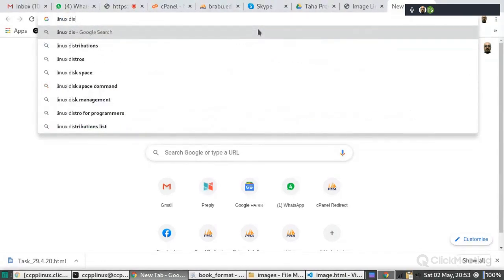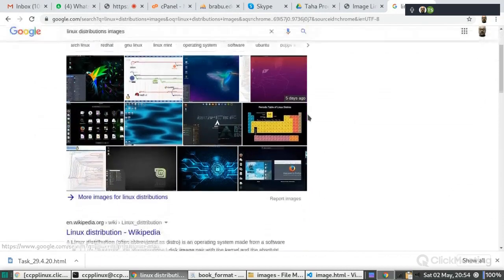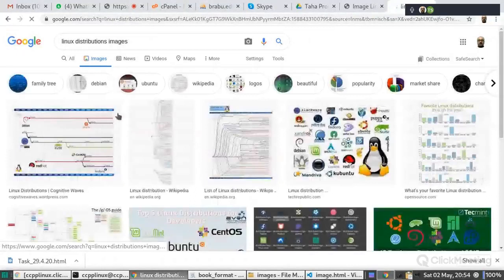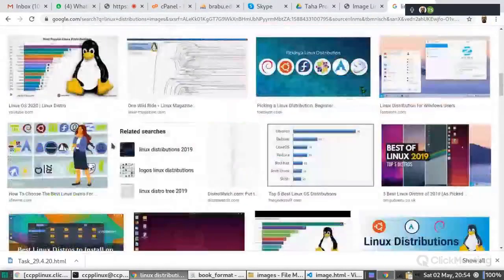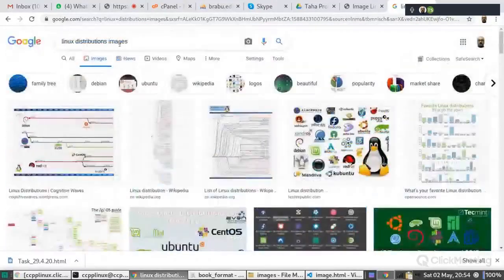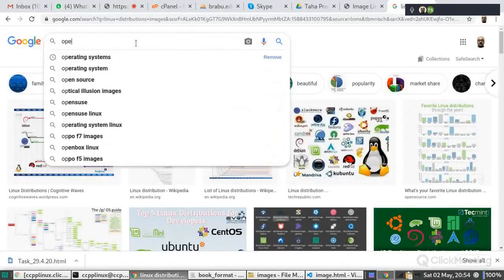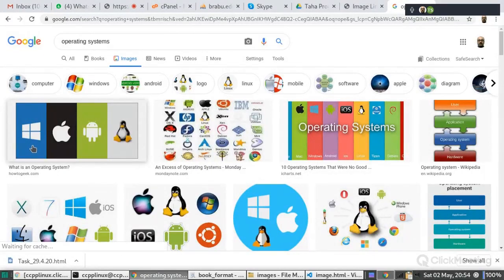Let us search for images of operating systems. Do you see this image? It contains photos of four different operating systems.